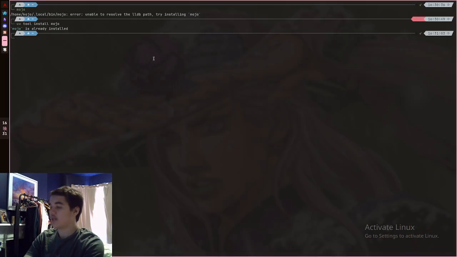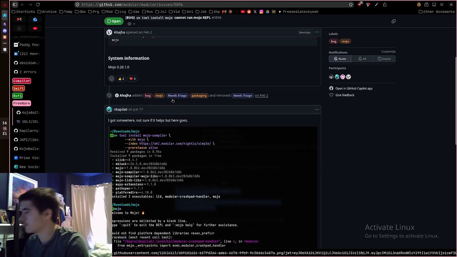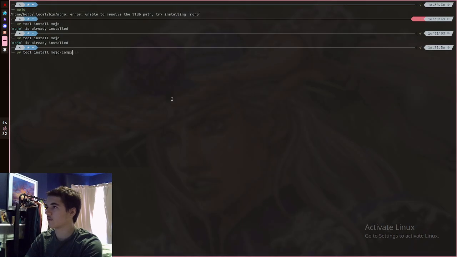Okay, give that a try. Kind of annoying that he didn't copy paste the actual output, but whatever. UV tool install Mojo compiler with Mojo